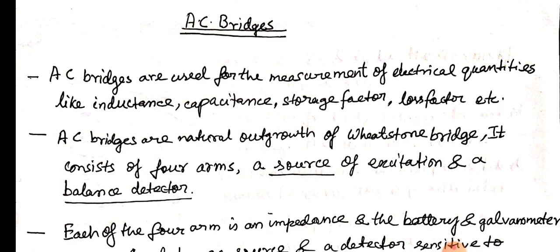So we see that there is a source required, there is a balance detector required, and each of the four arms is an impedance, meaning all four arms will now not be resistance R but will be Z, which represents impedance. So each of the four arms is an impedance, and the battery and galvanometer are just replaced by an AC source and a detector sensitive to small alternating potential differences. So coming to the source part,